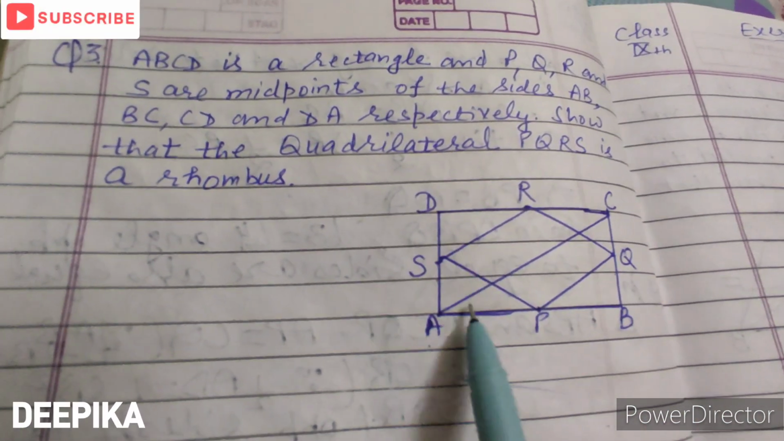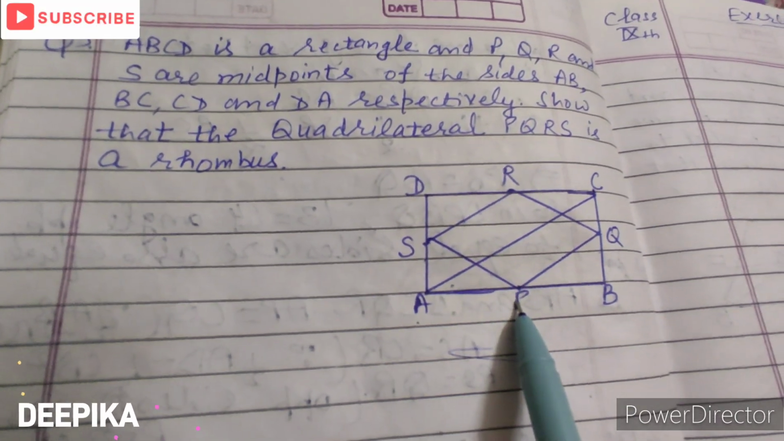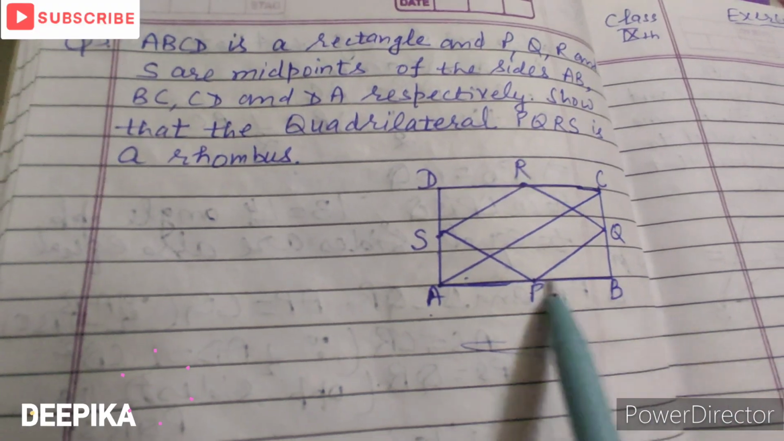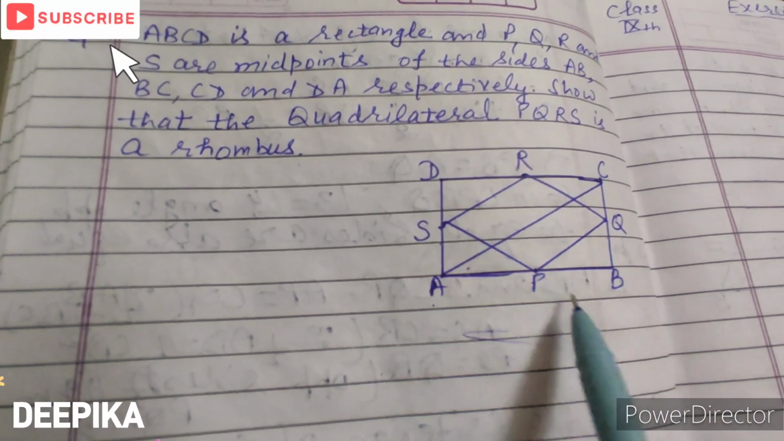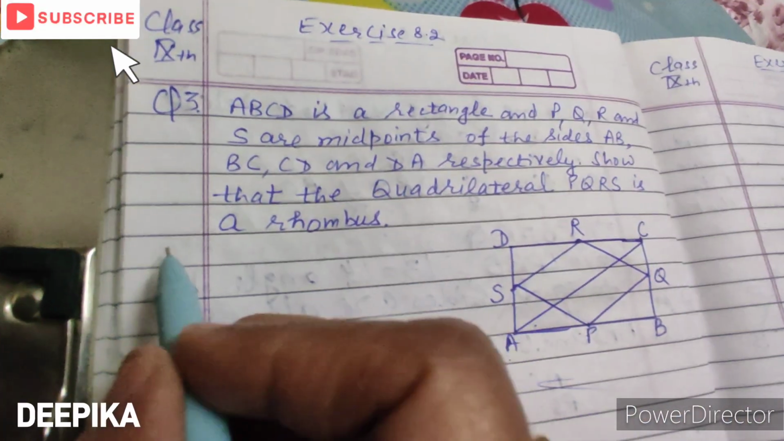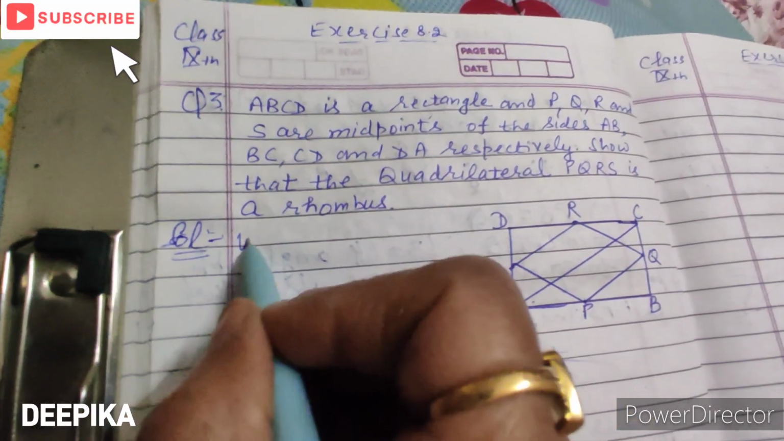Show that the quadrilateral PQRS is a rhombus. ABCD एक रेक्टेंगल दिया हुआ है, P, Q, R और S इसके मिड पॉइंट्स हैं, तो हमें प्रूव करना है PQRS एक रोम्बस है, यानी कि हमें प्रूव करना है PQ इज इक्वल टू SR इज इक्वल टू RQ इज इक्वल टू PS. सो व्हाट वी हैव गिवन, फर्स्ट हम पहले वो देखते हैं।